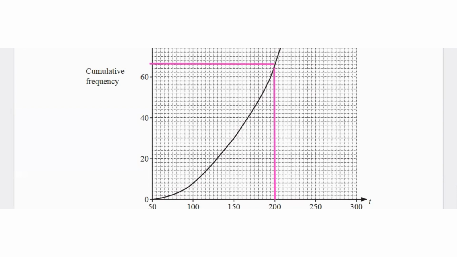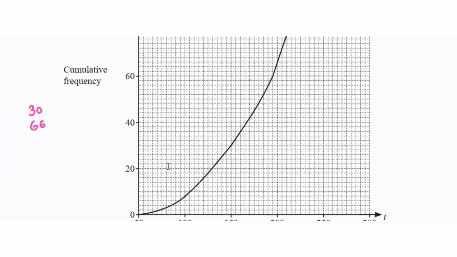So that's going to be 62, 64, 66. So the first cumulative frequency we got was 30. Then we got 66. Then for 250,